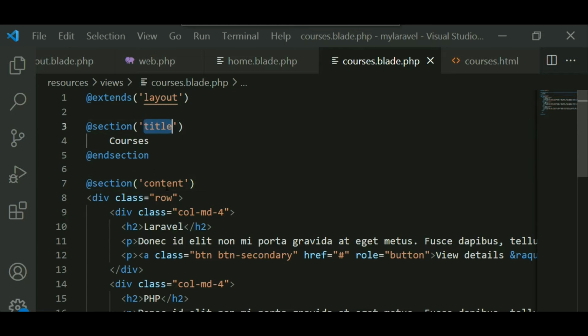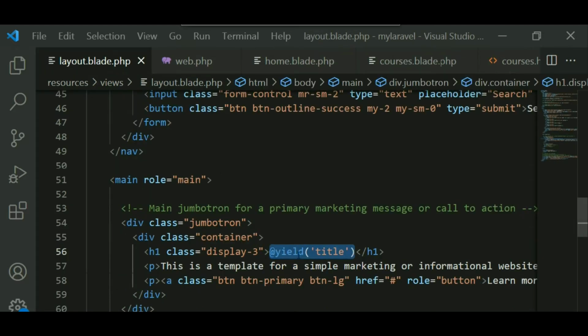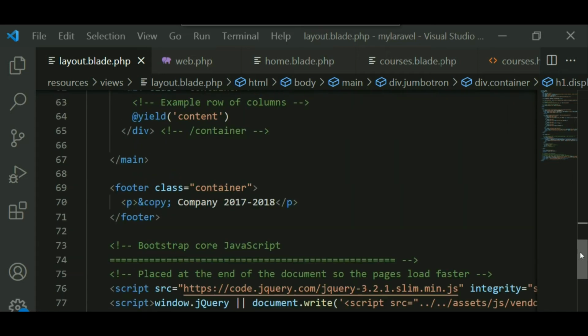And this title and the content I am using in my layout.blade.php file. Here you see I am just retrieving the title by using the directive @yield. Similarly, I am using yield content. So two sections I am using in my layout.blade.php file.